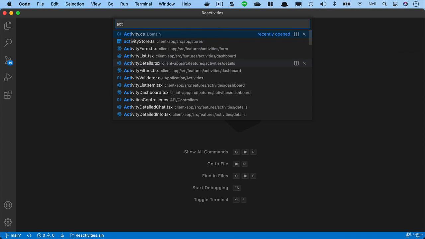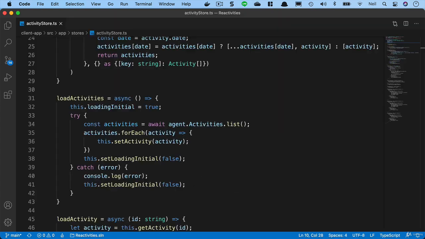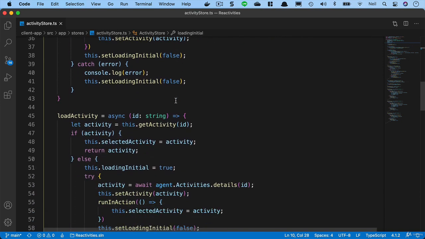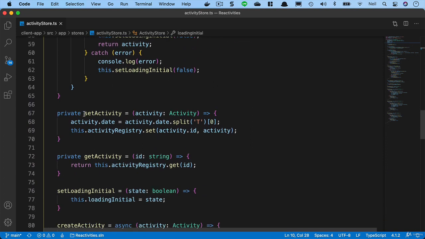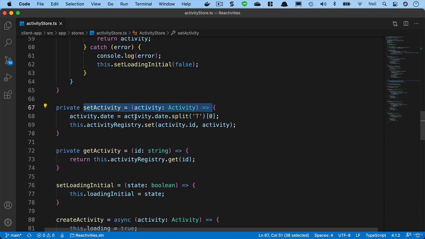I'm just going to open up the activity store. Now, when we receive our activities from our API, we're setting the dates at the moment and we're splitting it based on the T so that we can display the dates in an HTML input. But what we're going to do now is, when we get the date back from the API, set it to a JavaScript date object. And we've got the set activity. Instead of splitting the date here, we're going to specify that the activity date is a new date, and then we're going to pass in the